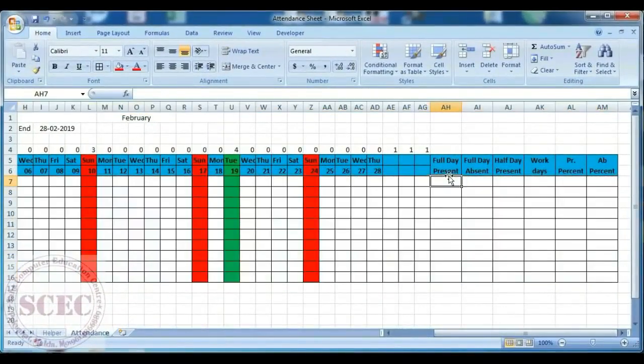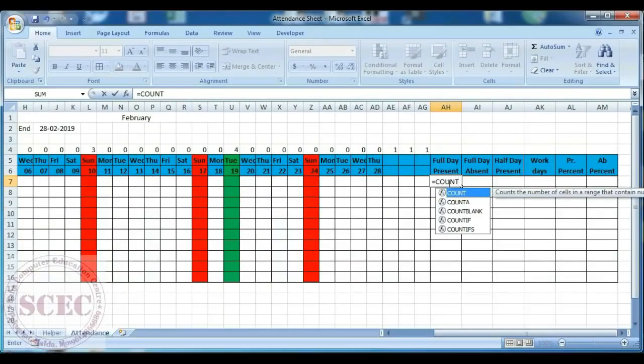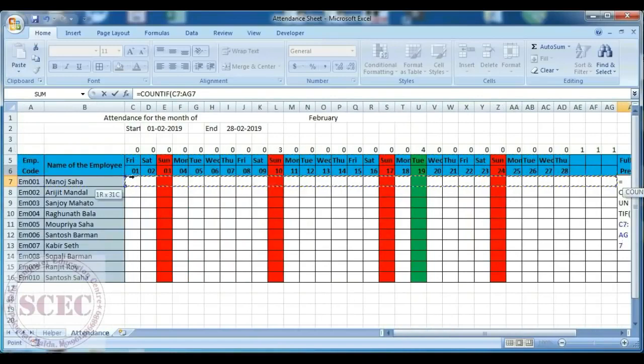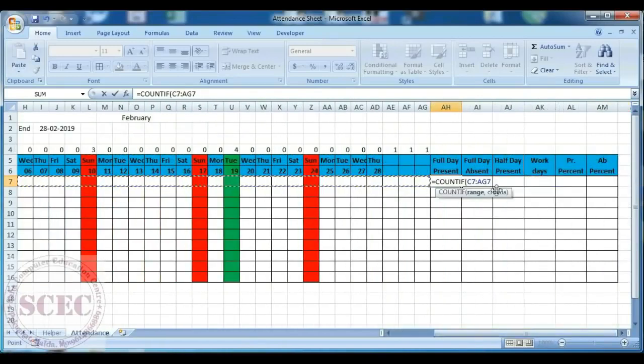So now we will give a formula for present days. So how will we give the formula for present days? For that, first we have to begin with a simple formula, equal to COUNTIF bracket open range, select the range from here to date, first date, and then press comma and give P, then bracket close, enter.